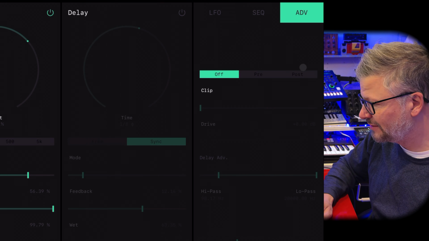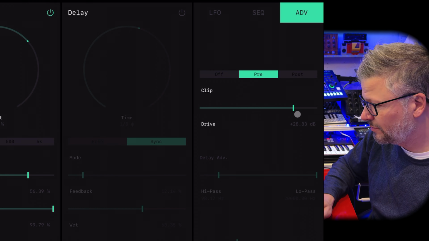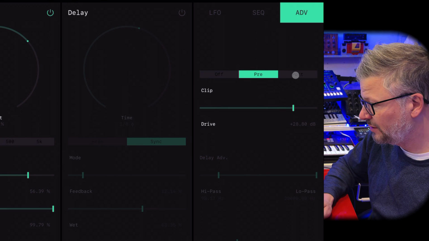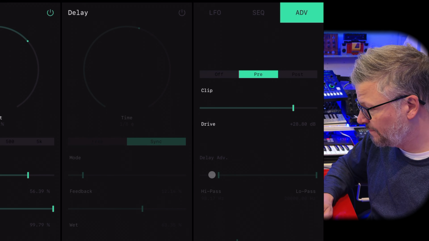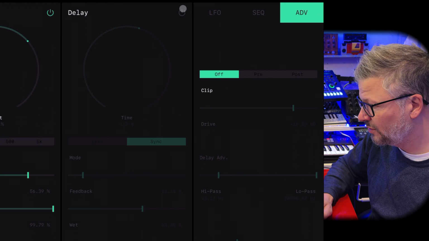And then you've got advanced. In advanced, you've got a clipper, so you can clip the drive. You can drive the sound at the pre or at the post, so before or after the effect. And you've also got control on the delay. So if you turn on the delay,